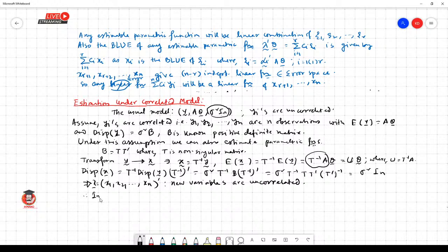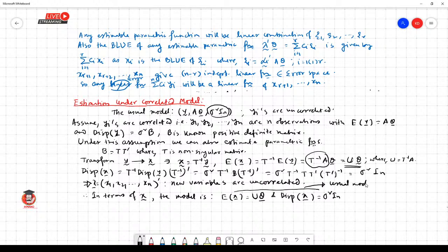Therefore, in terms of x curl, the model is expectation of x curl equal to U theta curl, and dispersion of x curl is equal to sigma square I. So this is the usual model, and we know under this model we know the best linear unbiased estimator,